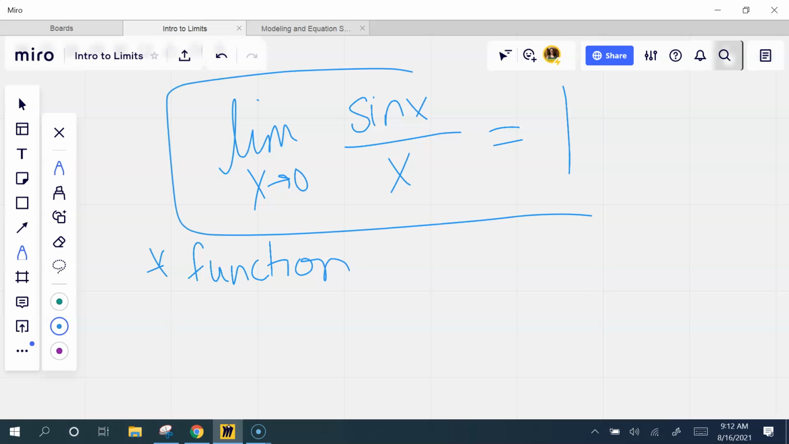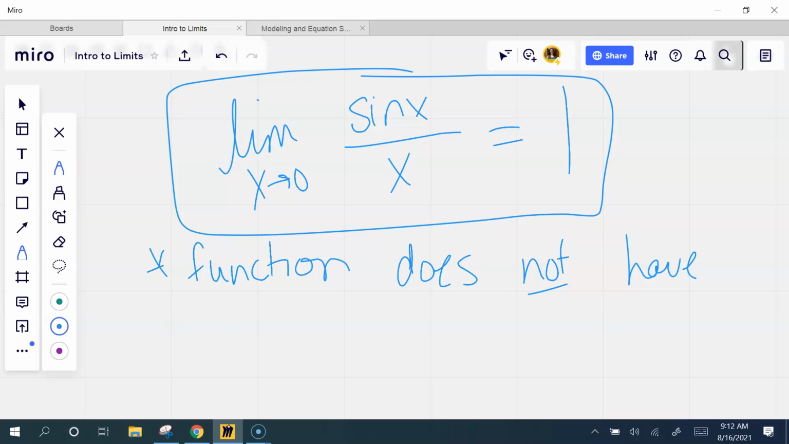Highlight this in your notes. Okay? Very, very, very important. It's one of those things that if you just know off the top of your head, it's going to help us with some of the algebraic manipulations as we start evaluating limits. Function does not have to be